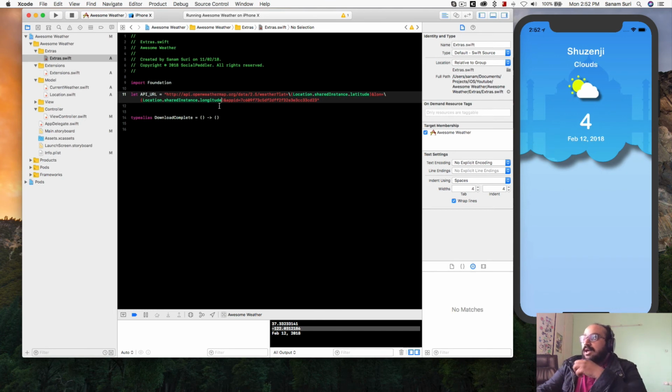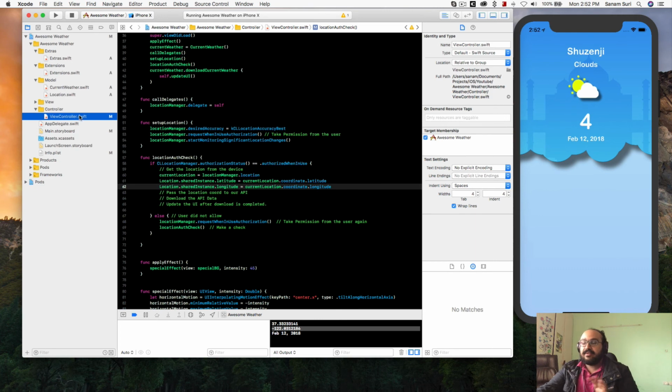Now those values are passed into our API, right? So now we'll get the actual weather of Apple, but we need to change a few things